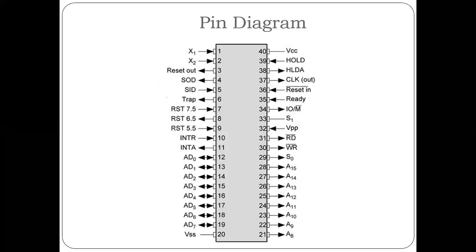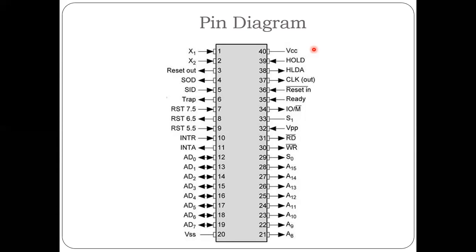Now we are going to see the 8085 pin diagram. It is an Intel manufactured microprocessor with 40 pins. Generally, if they give a pin diagram, we need to know where the power supply is and where the ground is, and what power supply the IC requires. If we connect it incorrectly, the whole IC will be affected. So that's the concept.